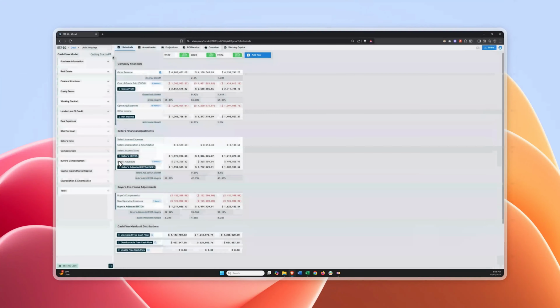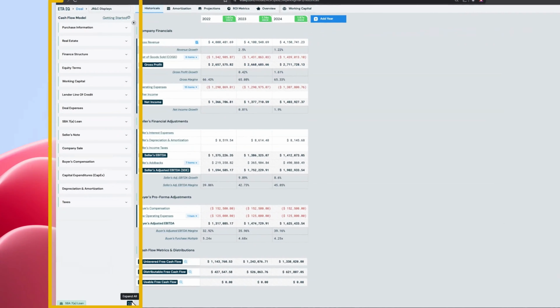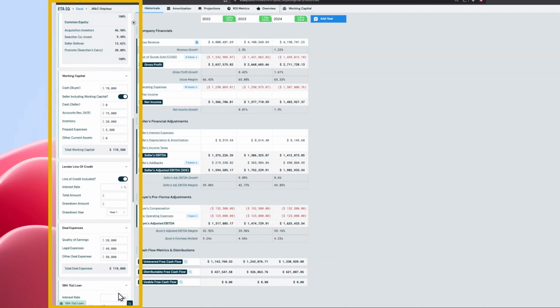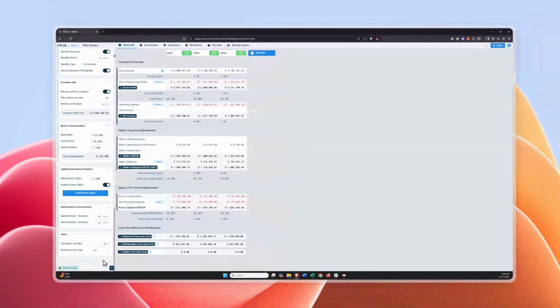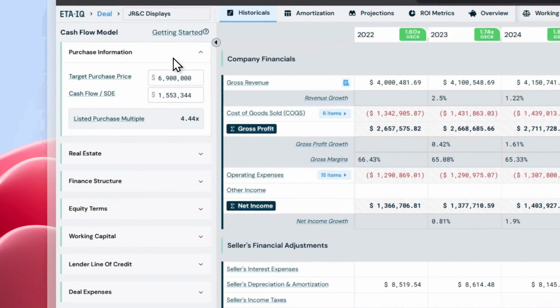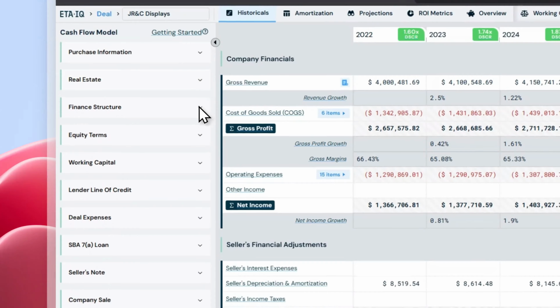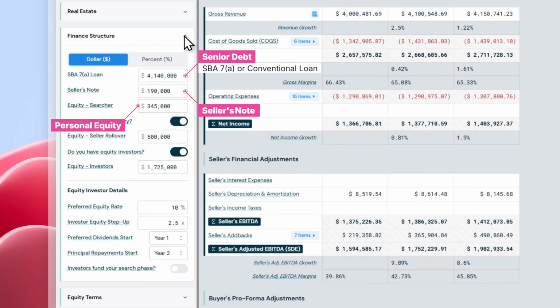Okay, let's begin. In the left sidebar, you'll find your assumptions panel. This is typically where you'll start. Aside from the company financials, this is where you'll enter all the key inputs for your deal. It covers everything from purchase info to real estate, if your deal includes it, to your finance structure, where you can enter in your senior debt, a seller's note, personal equity you'll be contributing to the deal, a seller rollover,